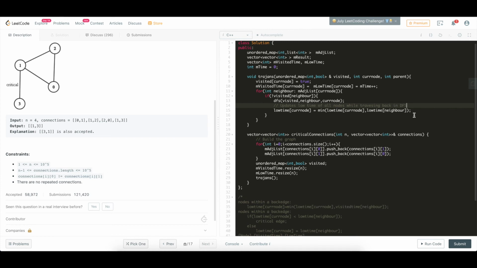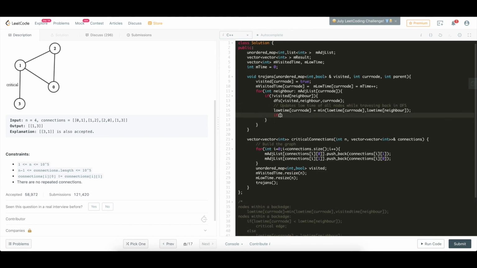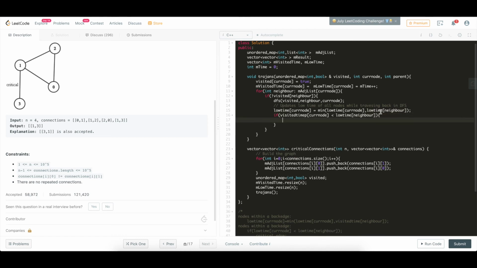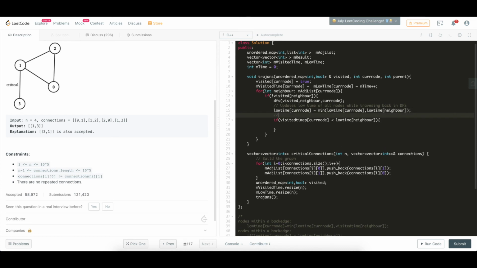Okay, now we also need to check if visited time of current node is lesser than the low time of the neighbor, then this is basically the critical condition for a critical edge. Then we have our result,